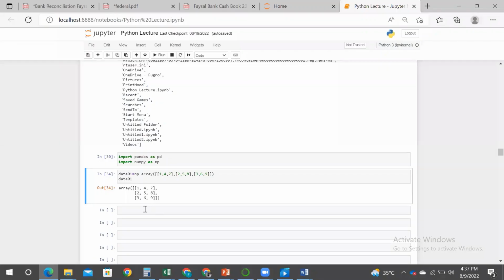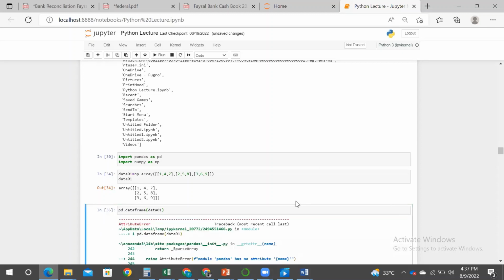We will do so. We will type pd for pandas, then dot DataFrame function or DataFrame method, and inside parentheses we will give the name of the data set, that is data01, and when we run this,